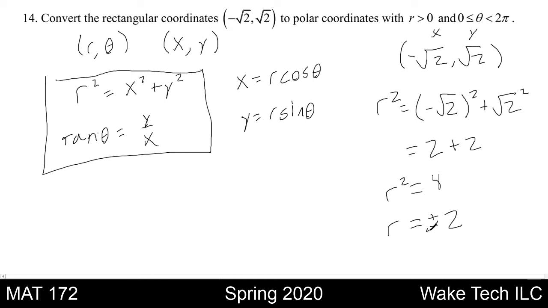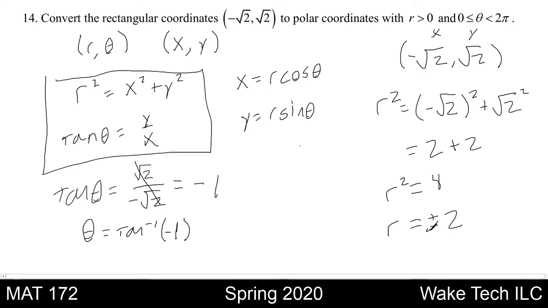That part's done. Now we need to find our theta. So we know that tangent of theta is equal to y over x, which y here is the square root of 2, and x is negative square root of 2. And I can see that these will cancel out, and so we'll have negative 1 left over. Now, we can use a tangent inverse on that negative 1 in order to find theta, but we want to be a little bit careful there,